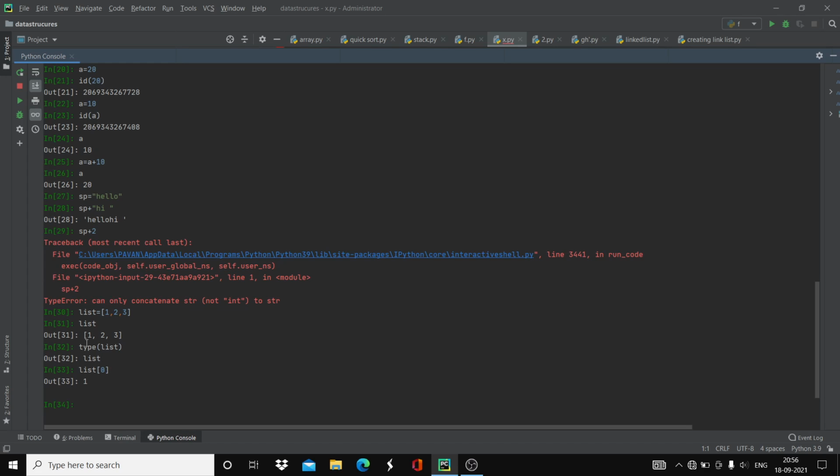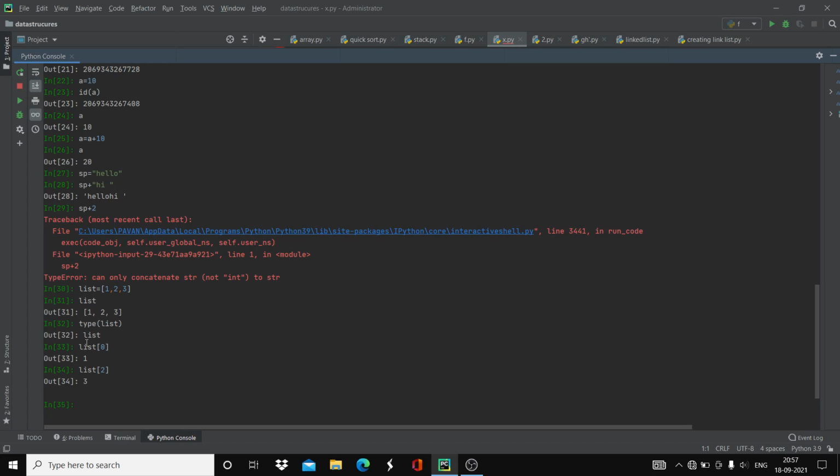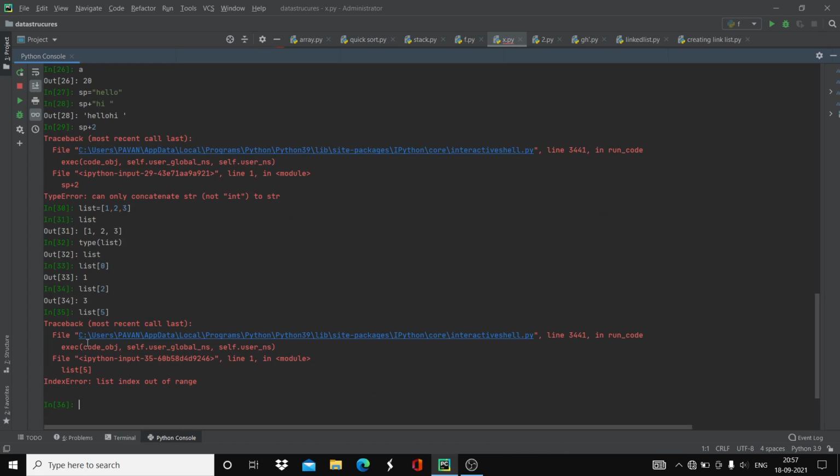In the same way, for example, if I want to access the second index, it is displaying the value 3. And let's say you want to access a value which is not present in the list itself. For example, say I want to access an index of 5. It will display an error saying that list index is out of range. So you should always specify a value inside the square brackets between 0 and n. It should not be more than the n which you declare.